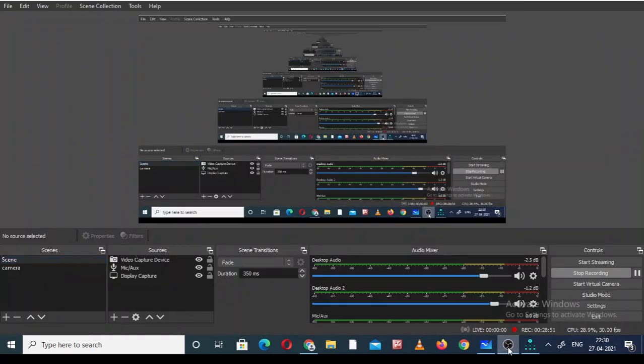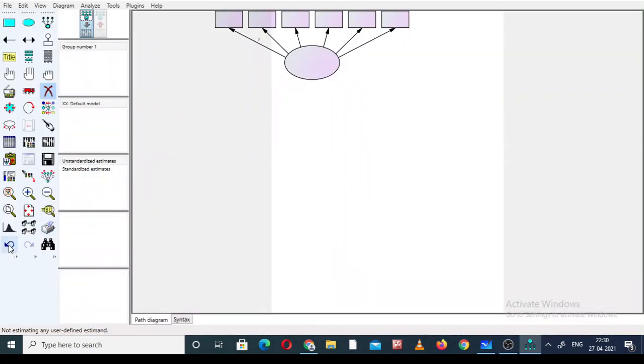This is what we already discussed. Very simple. We used it in MS Office also. The undo, the last one, the previous. So if we want to go to the last step, this is undo, and this is the redo. So undo and redo, the last one and next one.